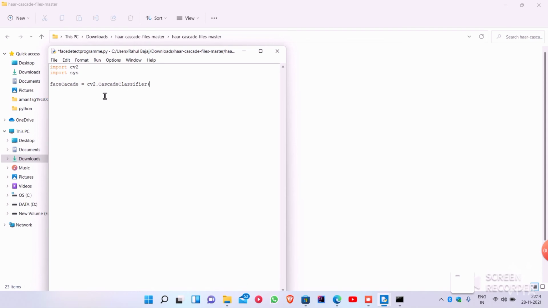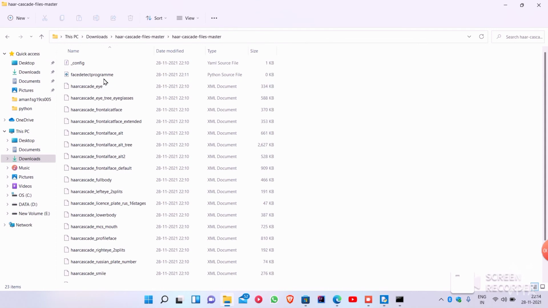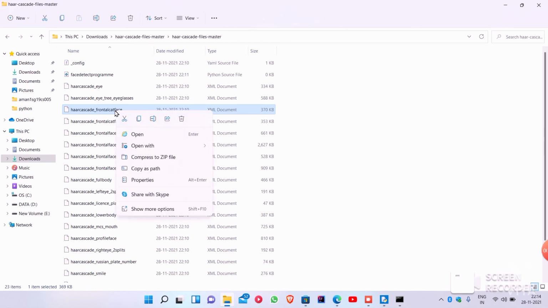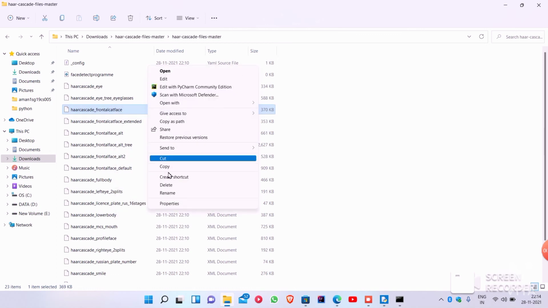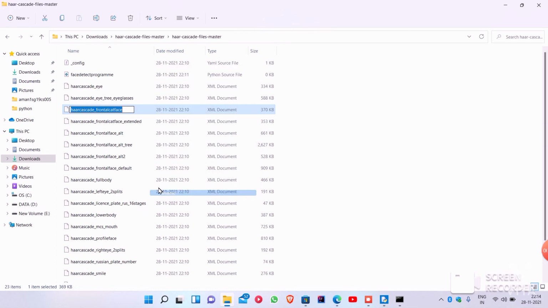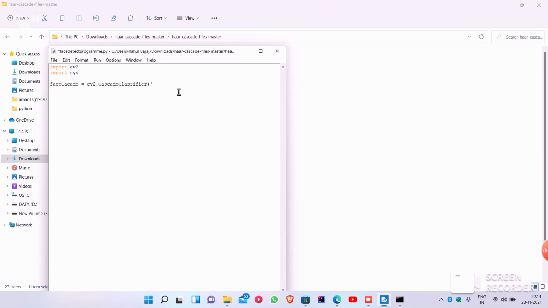We have to name that cascade file, the file we are going to use for frontal face detection. We copy this file name, and after copying we write this name with the XML extension.